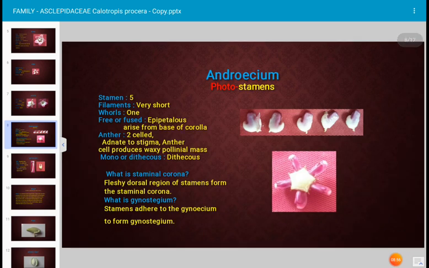This is the androecium, the male part of the flower, and this photograph is shown for the stamen. There are 5 stamens, and below that another photo is shown for the arrangement of the stamens. They are very closely associated with the stigma. Filaments are very short, and the stamens are arranged in one whorl. The stamens are epipetalous, arising from the base of the corolla,